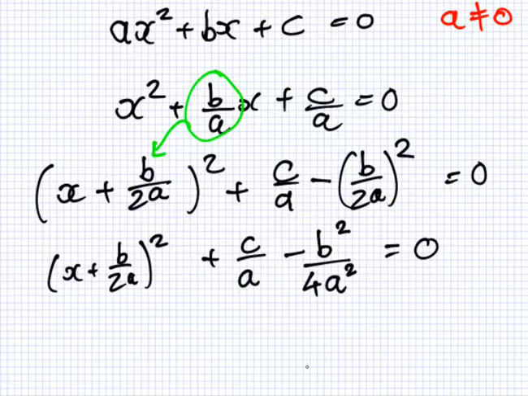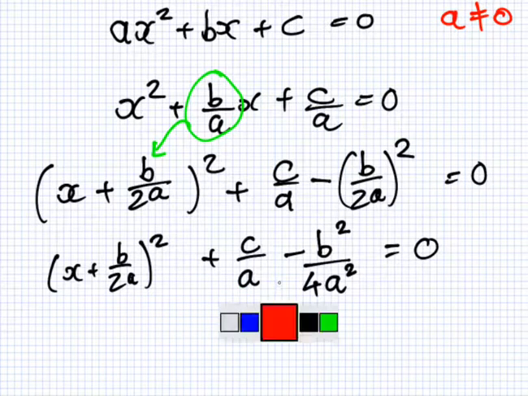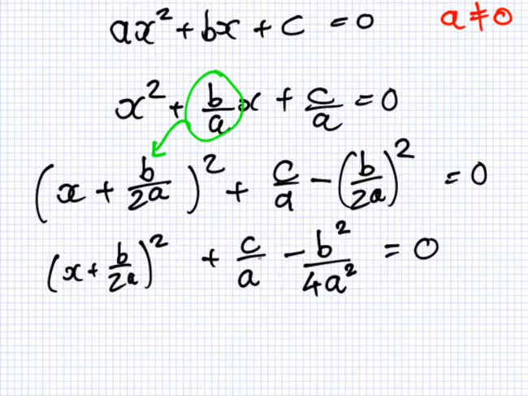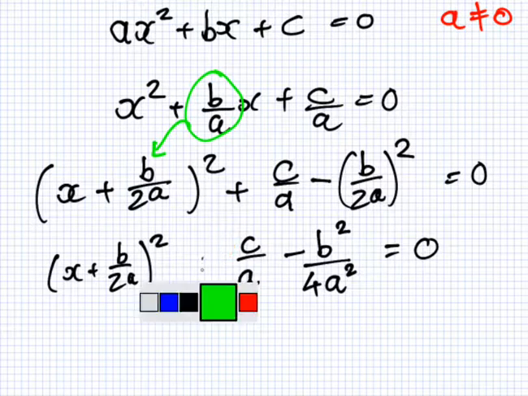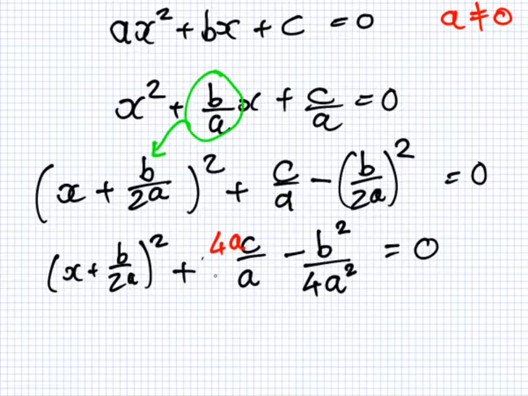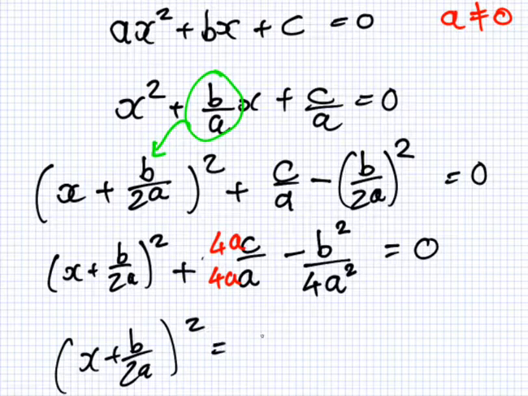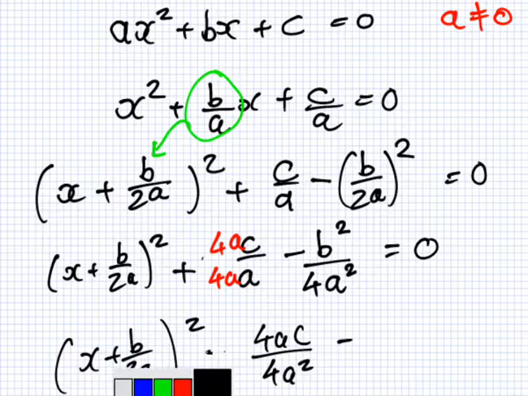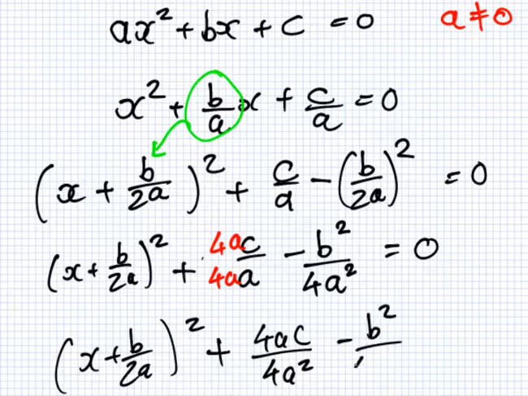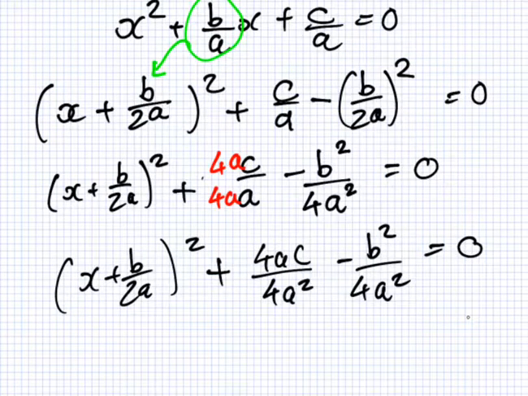Hey, come on. So, first, I'll divide everything by a. So the first thing to do is to divide everything by a. Okay, so next I want to complete the square. So if I want to complete the square, what would I need here? Yeah. b over 2a, half of this, goes here. Half of it goes here. And then